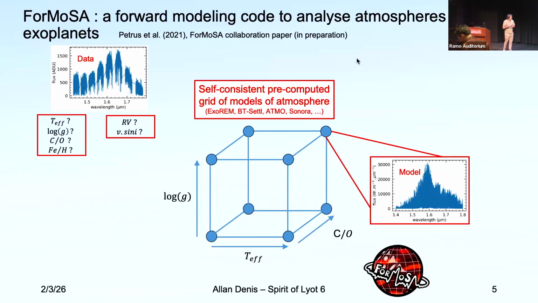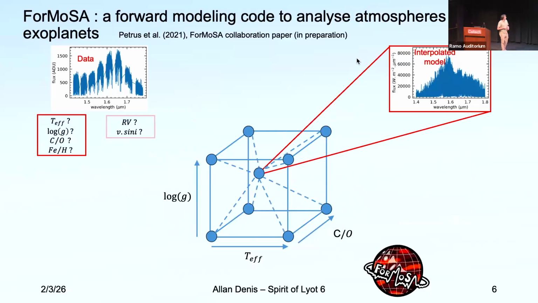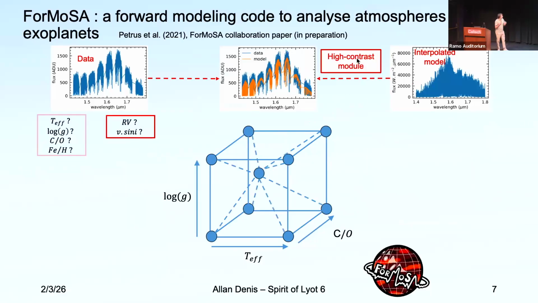So there is ExoREM, BT-Settl, ATMO, Sonora, and other grids available. And so the principle is to use a grid of parameters, so temperature, surface gravity, C/O ratio. And at each point of the grid, you have a model. And ForMoSA will interpolate between the points of the grid to generate a new model with very specific values for these parameters. And then you have another step